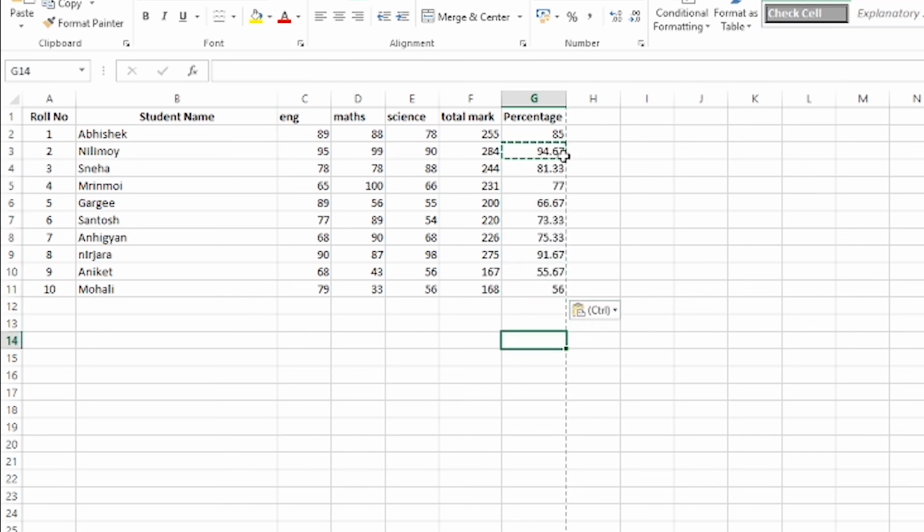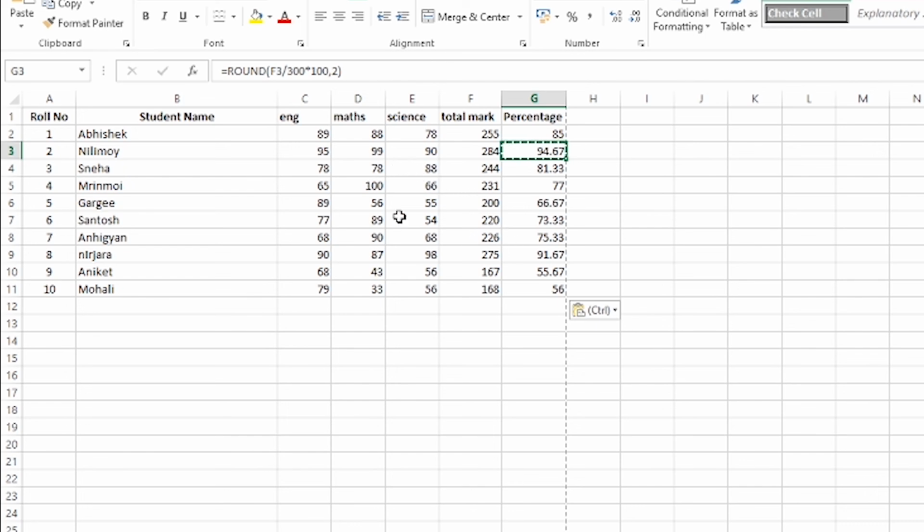So what is the round function? The round function is also very easy to use in Excel. Till now, how many functions have we used? 2 functions. One is the sum function, another is the round function. So what we have learned today is how to create a worksheet. In Excel, first from File, New, Blank Worksheet, after that we start writing.